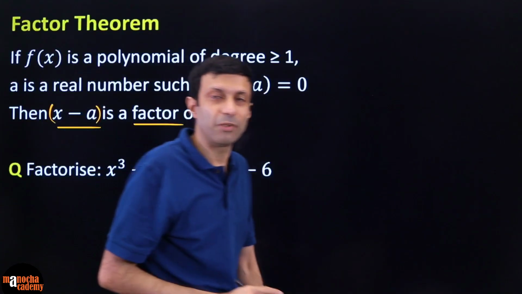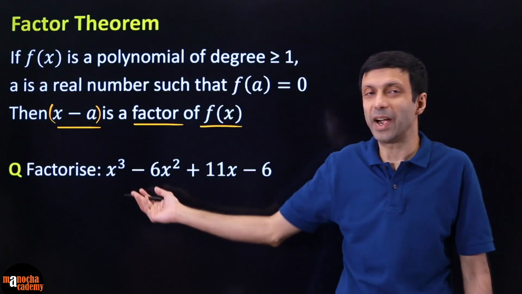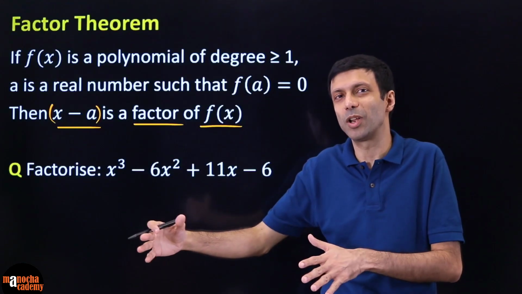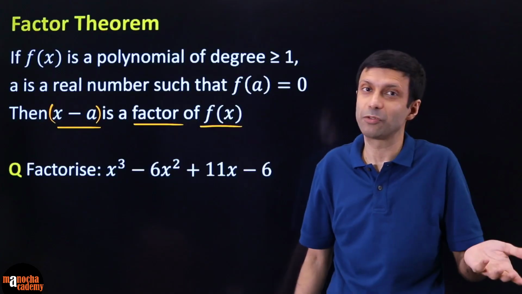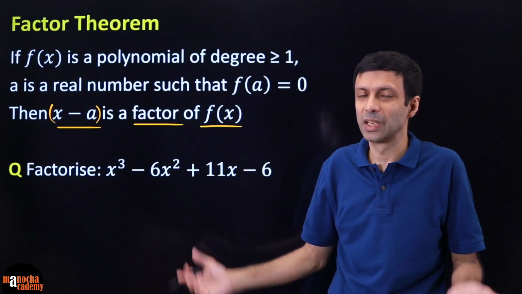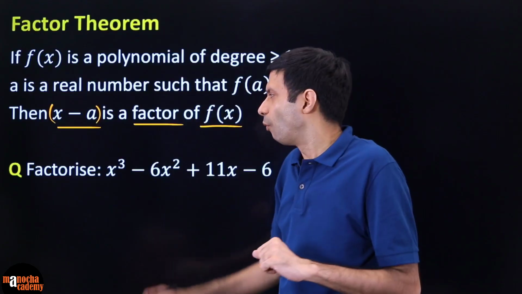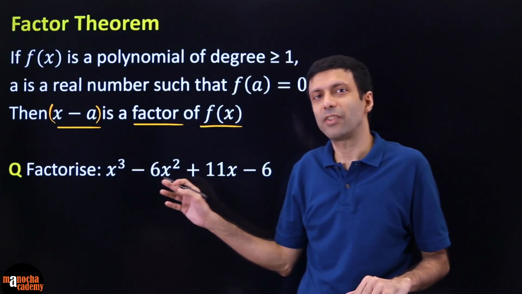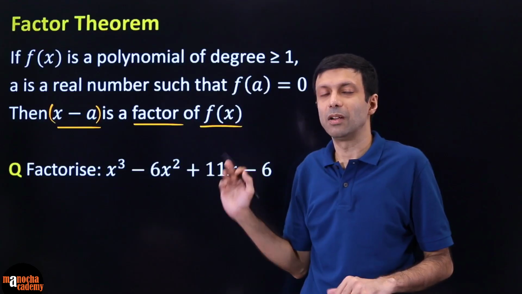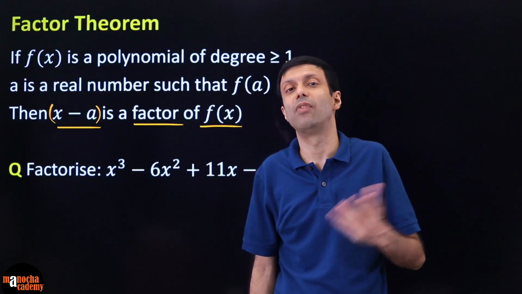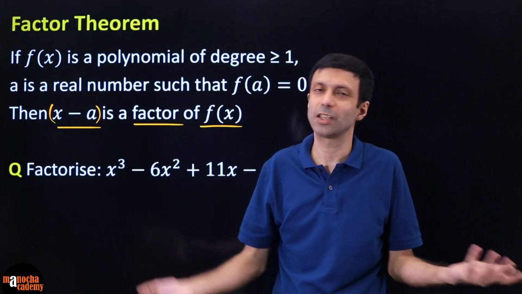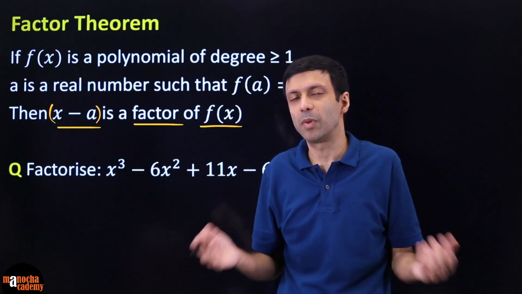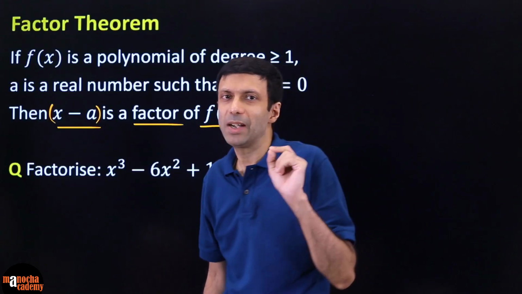Now once you have found the factor, things become easier because you can divide it and break it down into a smaller polynomial and see if you can factorize that further, or again you might have to use this factor theorem of hit and trial. Now the interesting thing is, what values of x should I try so that it becomes 0? I can randomly try things like 0, 1, 2, 3, minus 1, minus 2, minus 4, minus 5, minus 6, whatever, right? But what do I use here? So there is a smart technique here